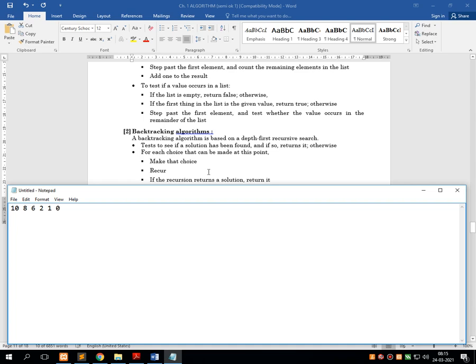Now from this entire series, suppose I want to search for the number 6, then we can use two different techniques. Technique number 1 is just take the number which you want to search and compare with the entire series. Whenever the number matches, print that particular number onto the screen. That is called simple search.